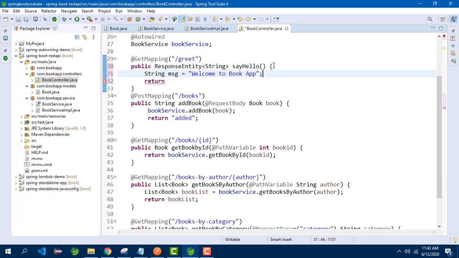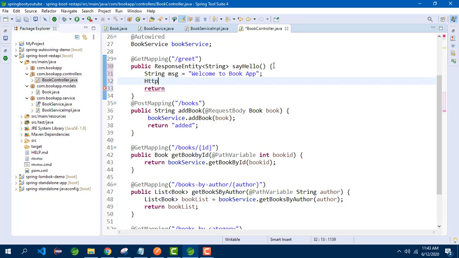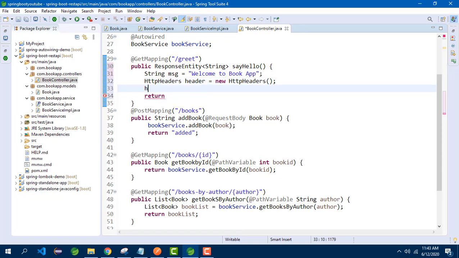So let us create a header object. It is HttpHeaders header equal to new HttpHeaders. This is my custom header object. header.add: I'll give the header name as description, header value as online book application.